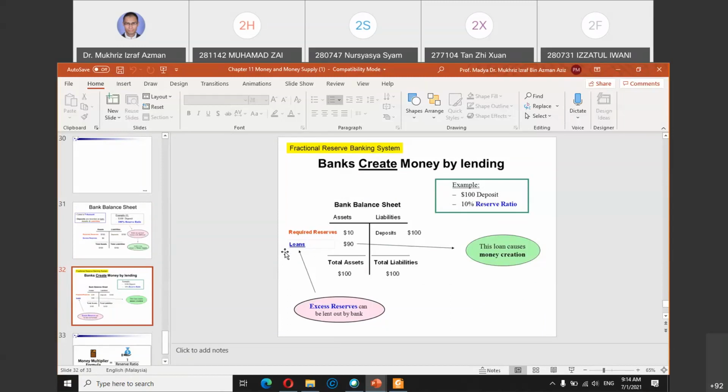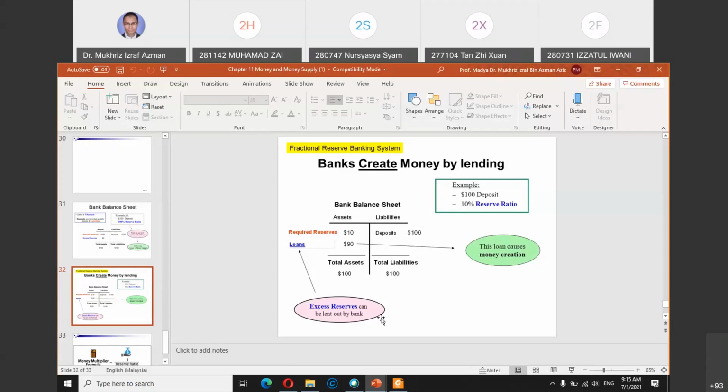So let's say Maybank, their required reserve is, let's say, 1 billion ringgit, but the money that they have in the bank is, let's say, 10 billion. So 10 billion is the money that the bank gets from deposits, as in the asset, but only 1 billion is required under the required reserve from the law or from the central bank. That means they have 9 billion left to give out to the public, to the customer, as loans.